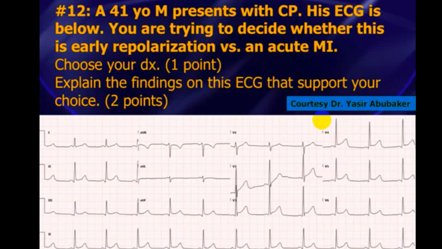So if there is a presence of J wave, if it is concave, not convex, concave, plus ST segment elevation and T wave height. That is also important to differentiate between early repolarization and pericarditis. We will also be discussing that in subsequent slides. And it will also be useful to identify acute MI or early repolarization. So now we'll be going through those particular things.